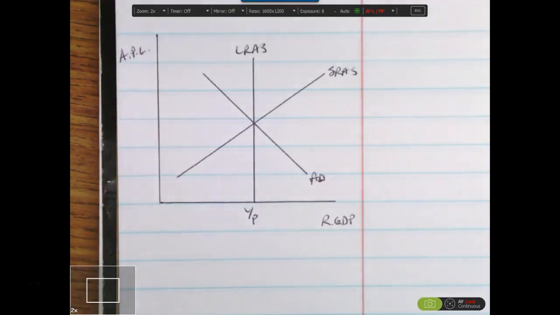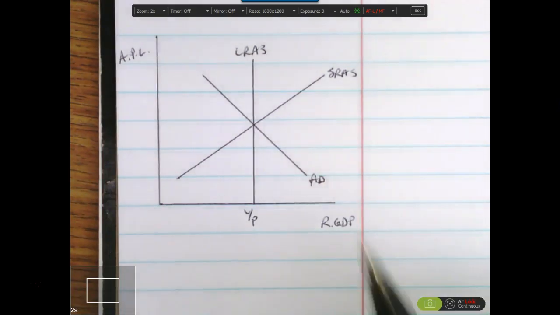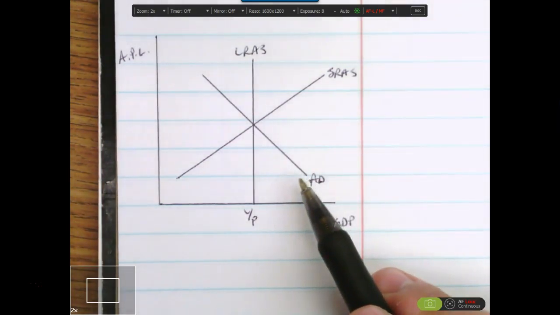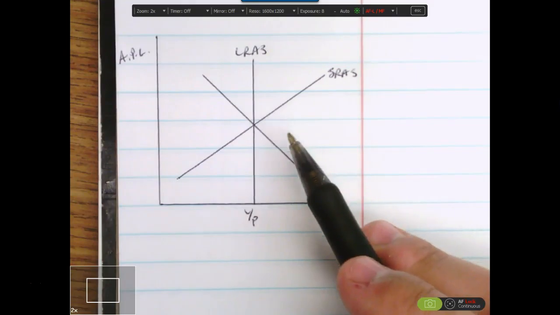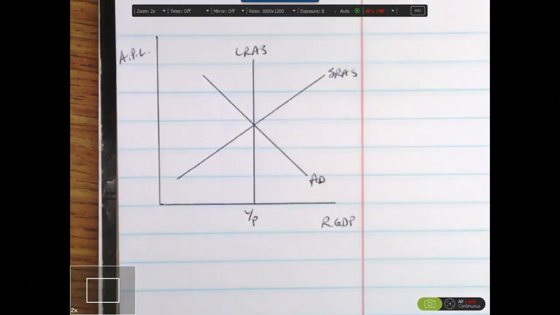The answer to the question of what causes long-run economic growth is that there need to be changes predominantly in productivity: long-term, long-lasting changes in productivity, which make it less expensive to produce goods and services than before. The result of that would be for long-run aggregate supply to shift to the right, and short-run to shift to the right, to create a new potential output that lies to the right of the old potential output.